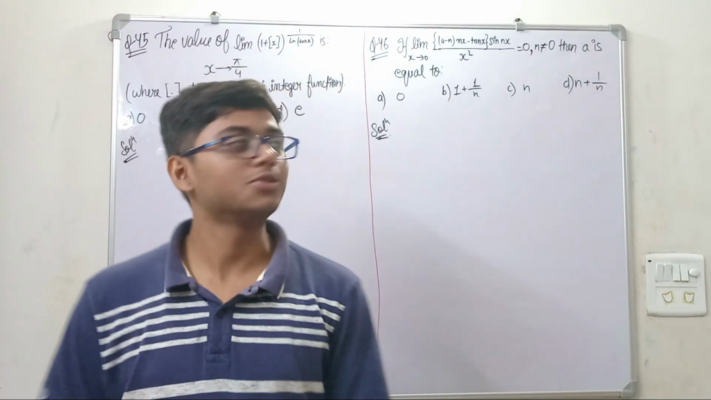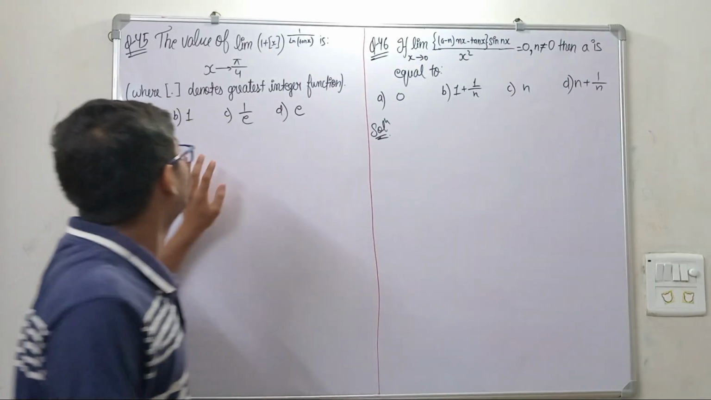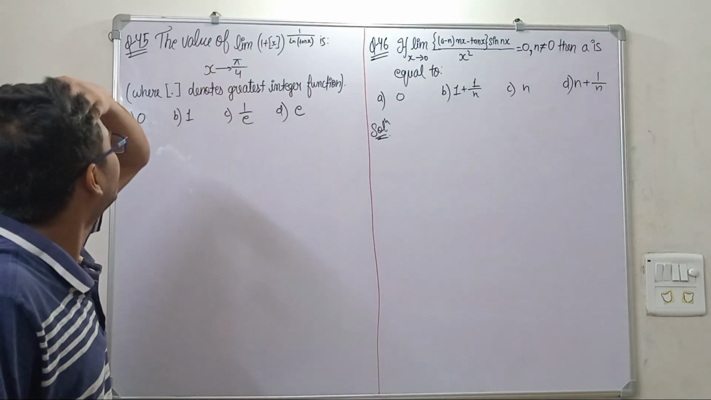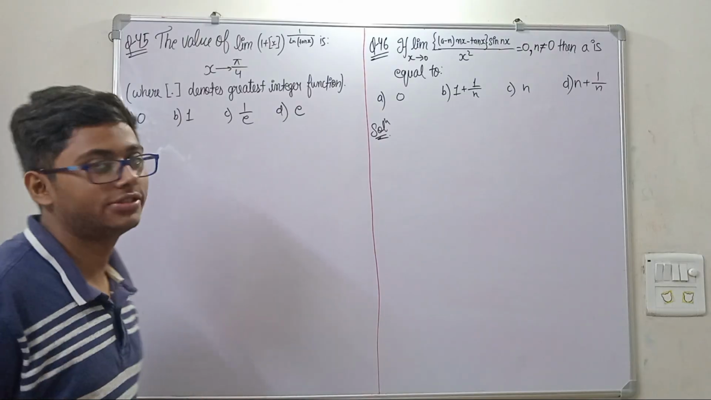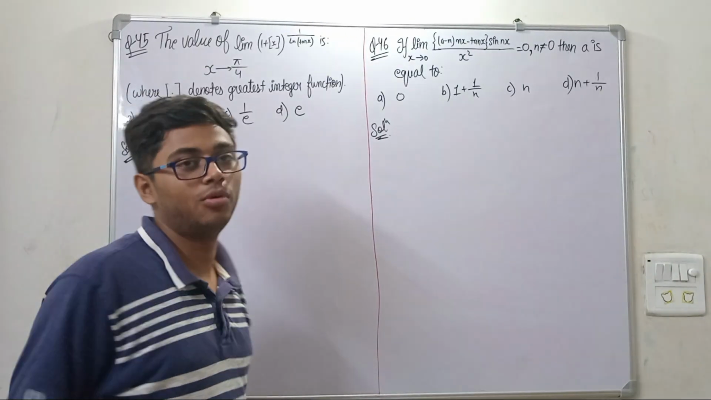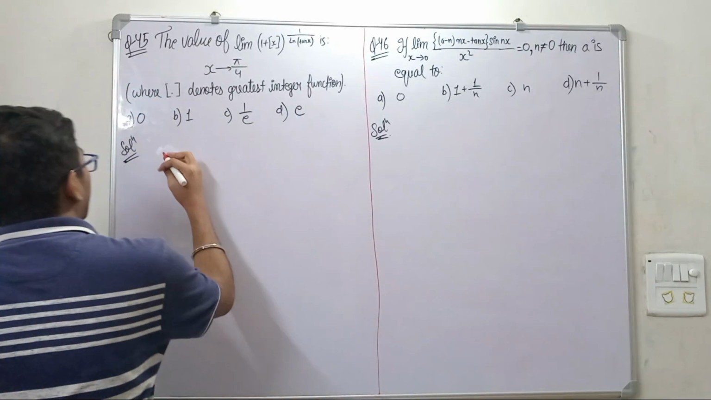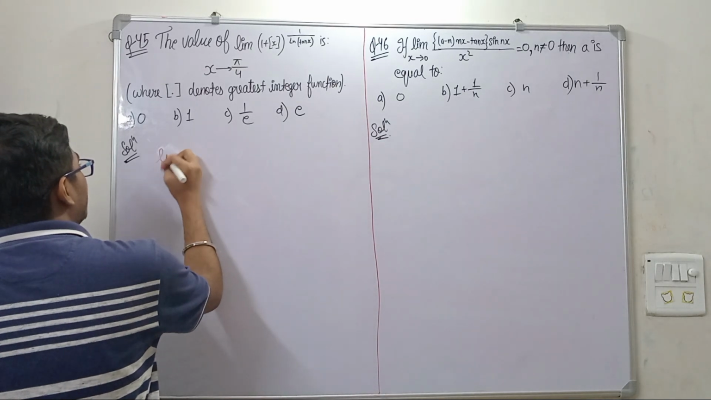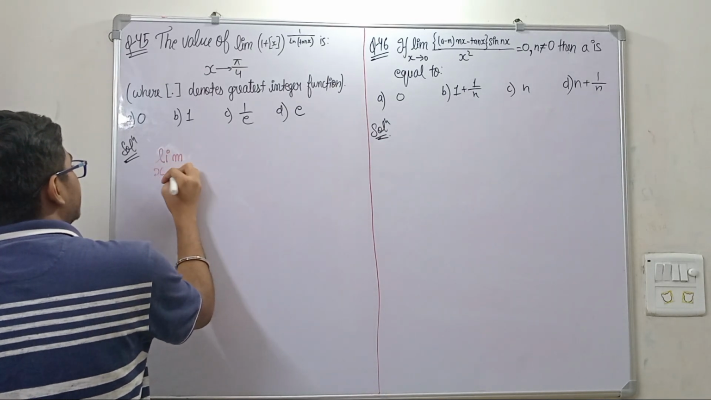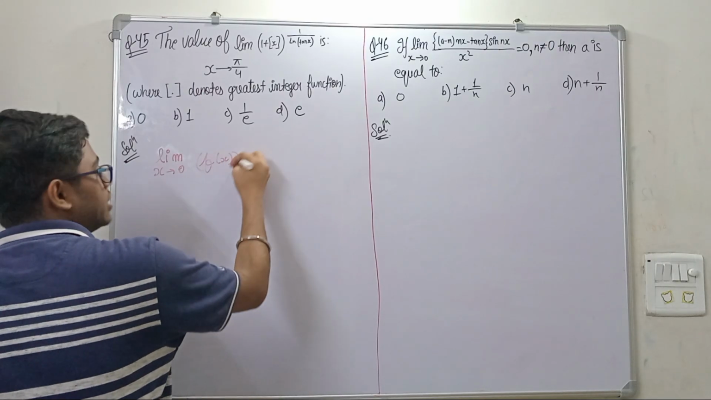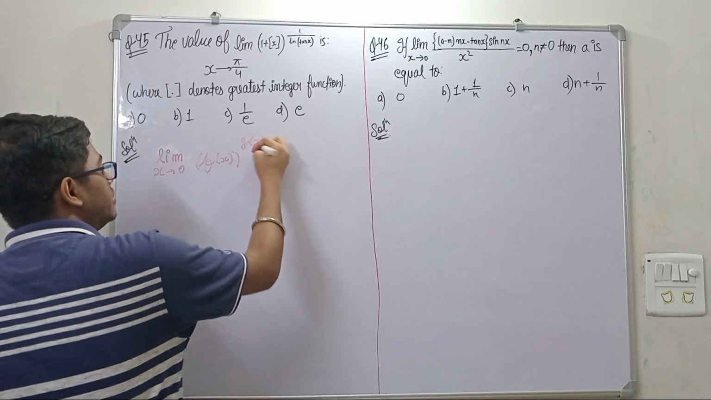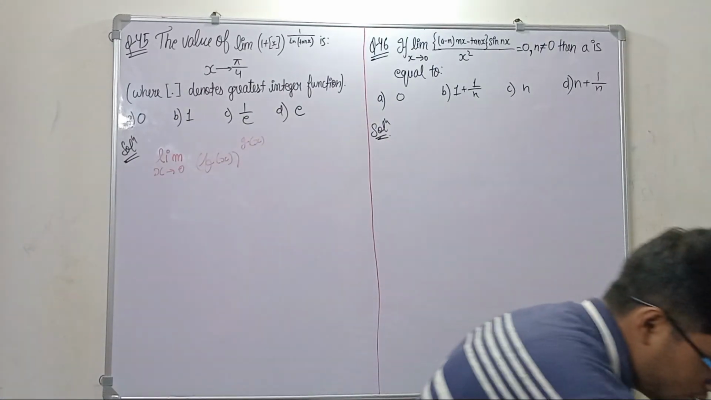Okay friends, moving on to question 45 and 46. Question number 45 is asking for the value of the limit of (1 plus greatest integer of x) to the power 1 upon ln tan x. Again, one more question of the very amazing property of limits. What is that? Whenever x is tending to 0 and two functions are in the power of each other, f(x) to the power g(x),